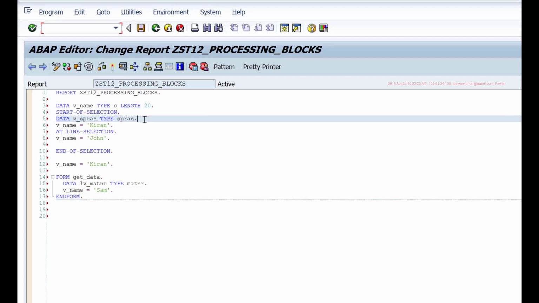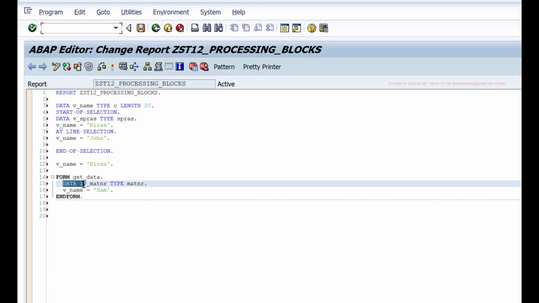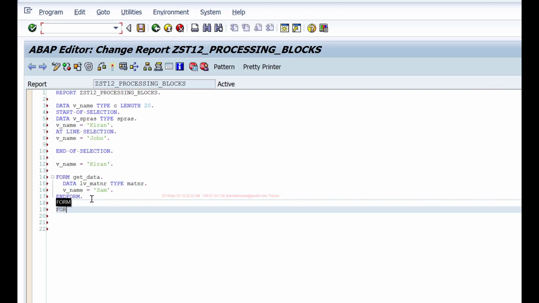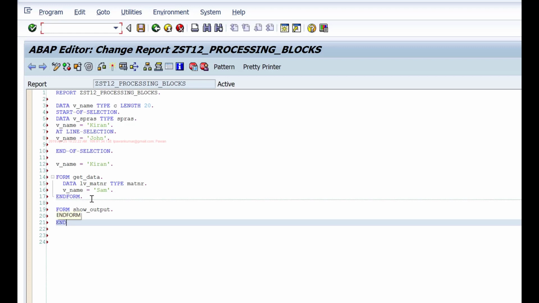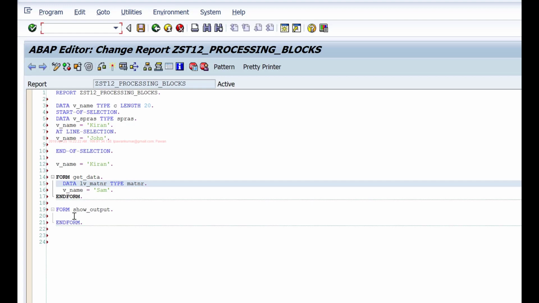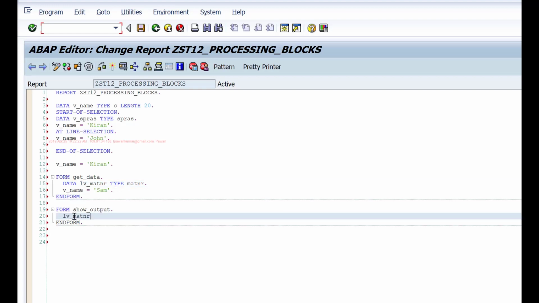For example, yesterday we saw that if you define something within a processing block, then assuming I have one more processing block, whatever I define in this processing block, I cannot access in any other processing block.